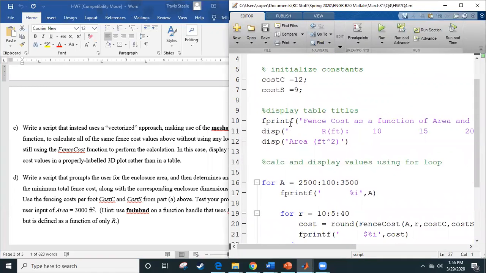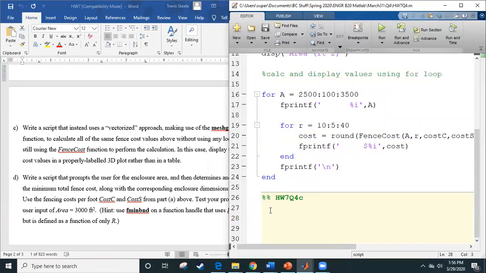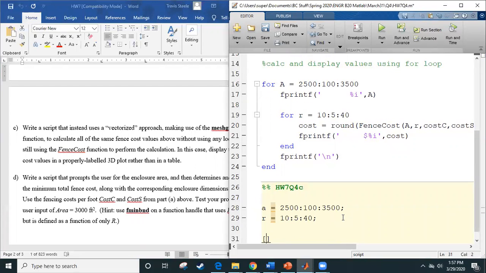I think we've got our area vector here, but I'm gonna call that little a because typically when you use the meshgrid, you use capital for the mesh. So there's A and R, as we were asked to do those. And then the meshgrid part, A and R, come from the meshgrid, which is going to mesh A and R. So if I run this section,